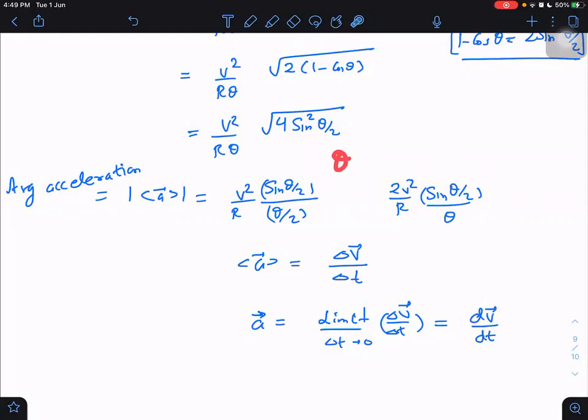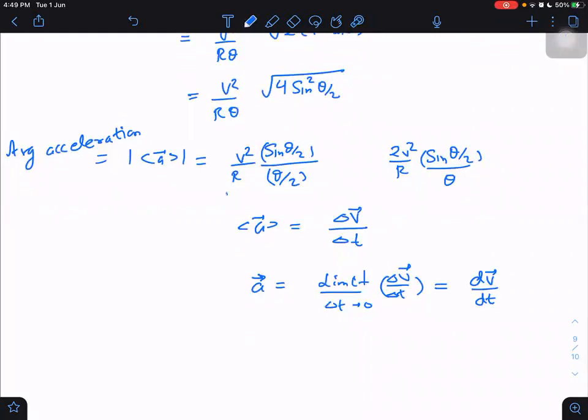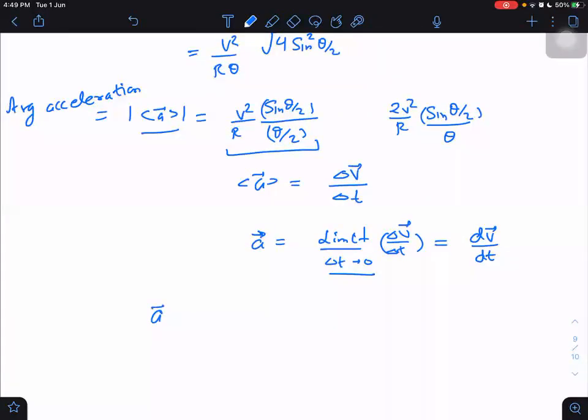So don't you think if I take the angle small, then that also means the same thing? The time interval will be small. It means I can get instantaneous acceleration also from the same formula, but I have to just take the limit. Either I can take time tending to 0, or I can take theta tending to 0. So the instantaneous acceleration will be the limit as theta tends to 0 degrees. Why theta tending to 0? If you are still not understanding, think in this way: time is r theta by v. If time tends to 0, then automatically, since time is proportional to theta, theta will also tend to 0.